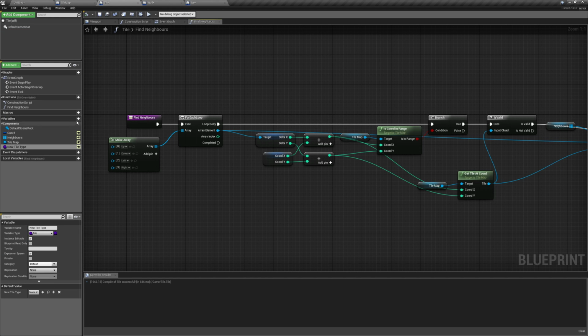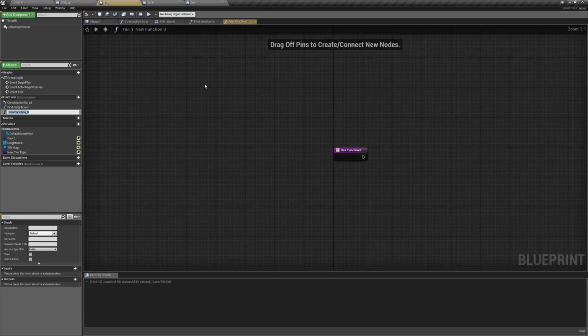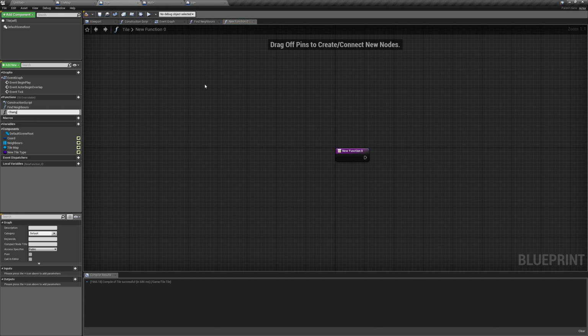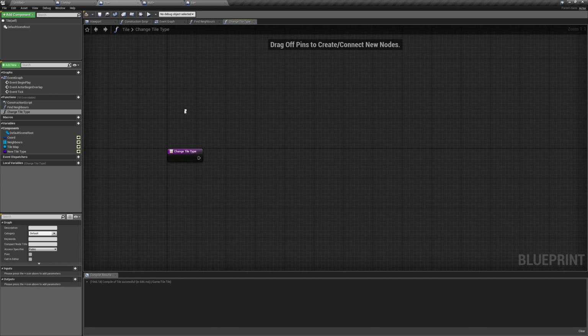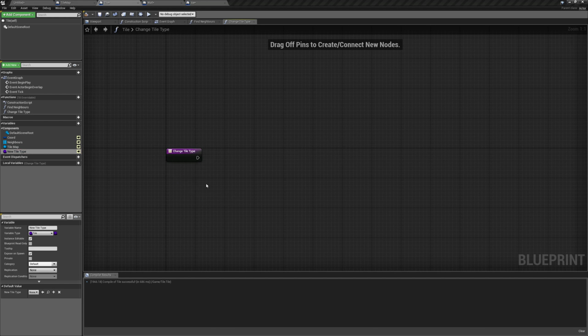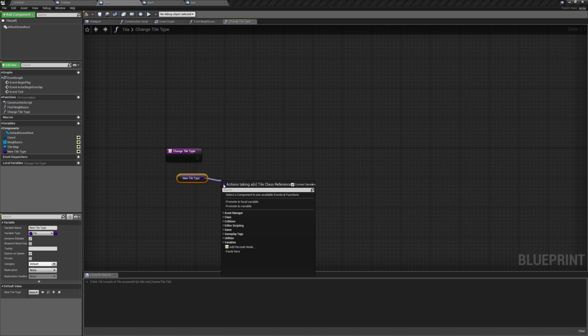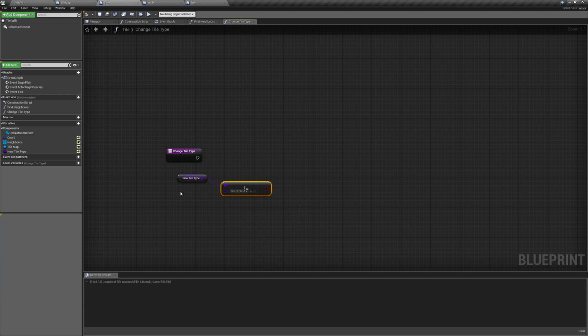And in our tile, let's make another function. Sorry, not sure why I clicked variable. No. Delete the variable. New function. Let's call this change tile type. And we're going to check if our new tile type is not equal to our get class of self. Branch. So if it isn't,